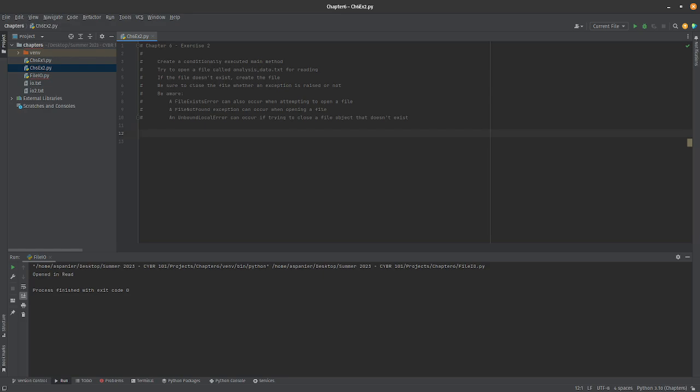First instruction, obviously, is going to be conditionally executed main method. So we're going to go ahead and set that up here. All right, so good to go. Easy first little section. Okay, so obviously we're going to try to open a file called analysisdata.txt. Now, if you watch the videos, you understand that this is going to be something with try except. So we can set up our try except situation here,